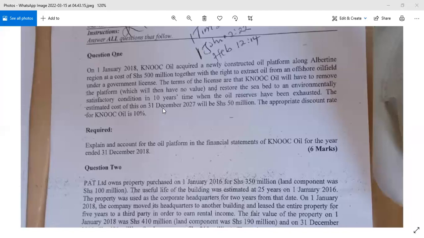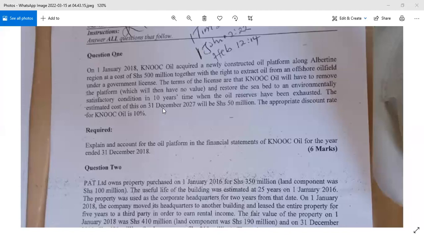Then they're saying that the terms of the lease are that this company will have to remove the platform that they have put up, which will then have no value, and restore the seabed to an environmentally satisfactory condition in 20 years' time when the oil reserves have been exhausted. All right, so these guys are going to be using this platform for 10 years. Then they're saying the estimated cost of restoring the seabed